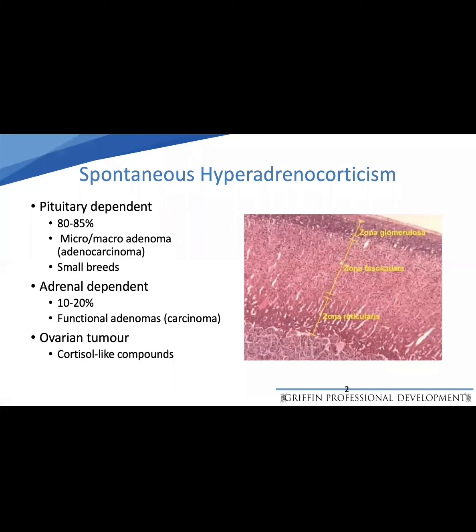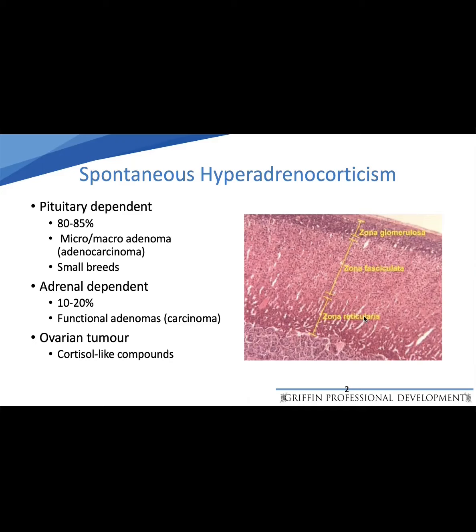Now, the adrenal glands have three distinct layers. I'm going to try and be technical here and see if I can show you with the mouse on the screen. Hopefully that's working. So we can see on the right-hand side of your screen that there are the three layers of the adrenal glands, and each layer produces different hormones. The zona glomerulosa at the top here produces mineralocorticoids. The zona fasciculata is mainly associated with production of corticosteroids, and the zona reticularis is mainly associated with the production